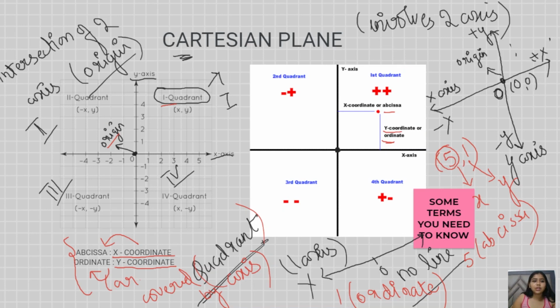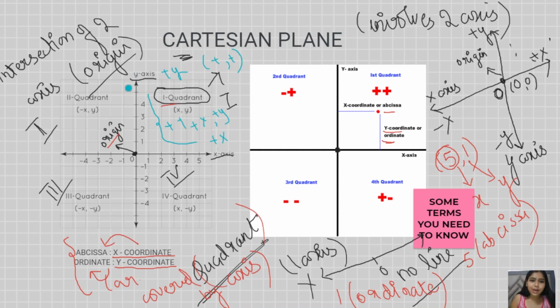Okay, so the last thing you have to study in the study of the Cartesian plane is basically the quadrant signs. You can already understand that this is the positive x-axis and this is the positive y-axis. So any point which lies in this quadrant will have positive x and positive y. That is why both the x and y coordinates are positive, and we call it positive positive.